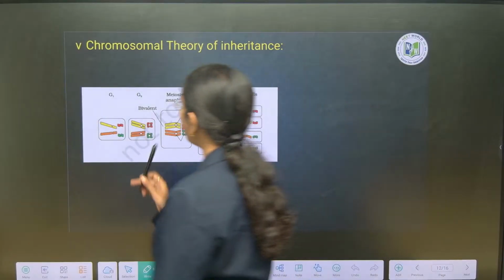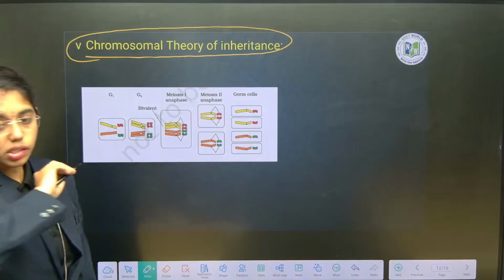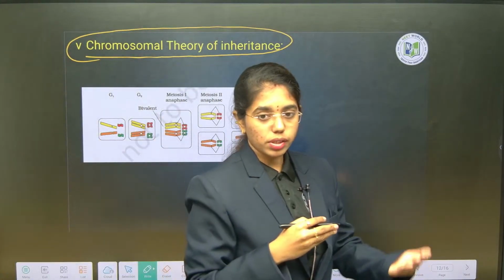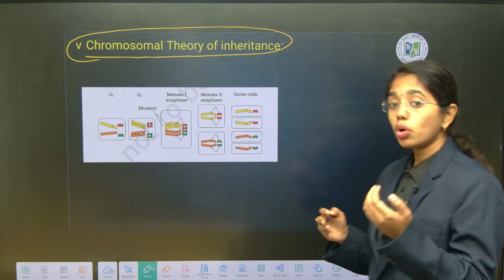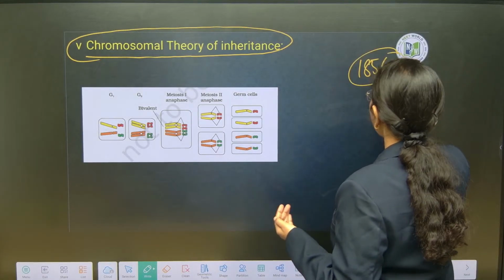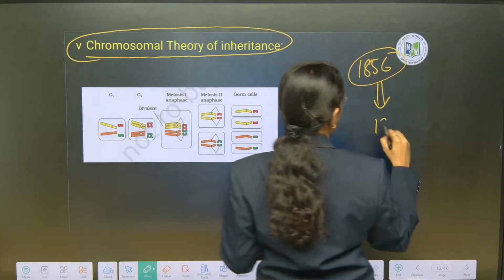Here we go with chromosomal theory of inheritance. Before going with chromosomal theory of inheritance, we have to discuss a few points: the Mendelian laws of inheritance, that is the law of dominance, segregation and law of independent assortment. Though he finished his experiments in the year 1856, the publications of Mendel's principles are in